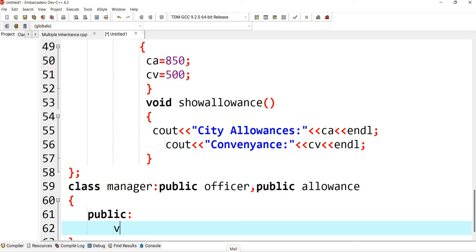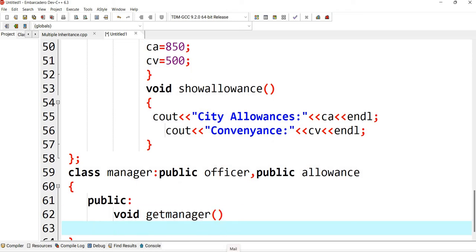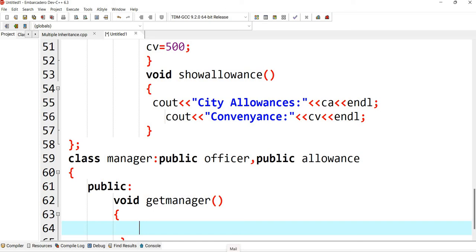So void get manager. Here I have to call the officer class as well as the allowances class, right?